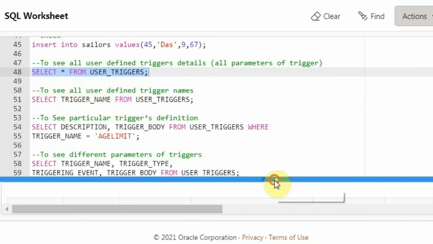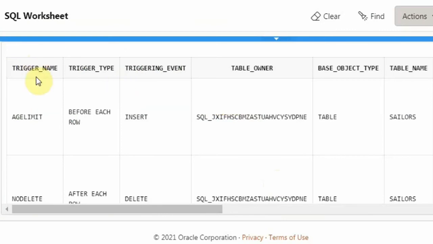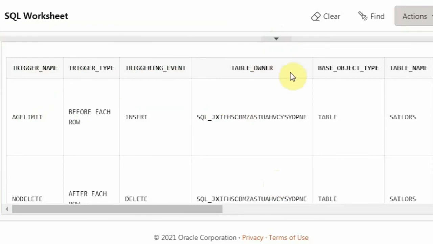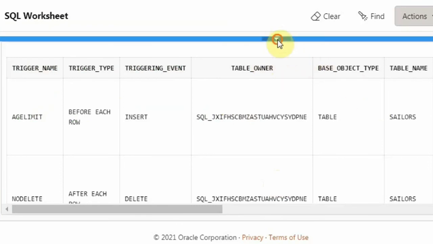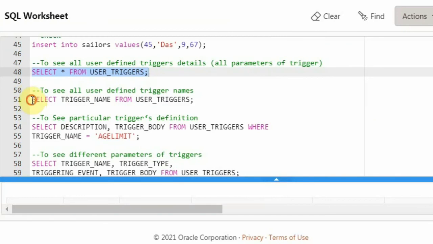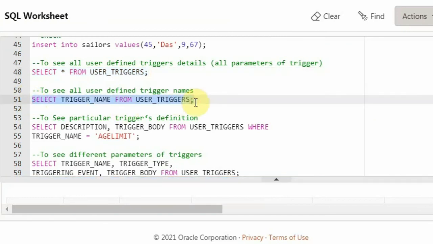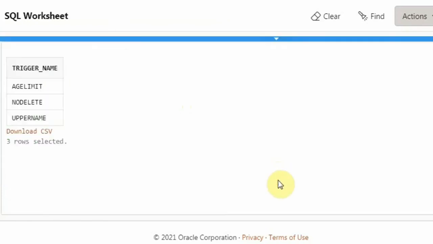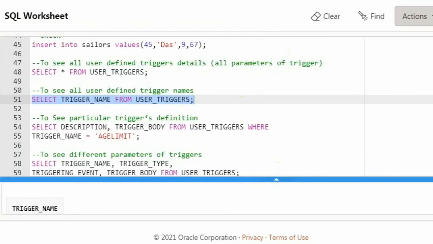So you can see in here, like I just want the name of the trigger. So there is one column here which is trigger name. So you can simply, whatever you want, you can project from this particular table. So I'm just saying select trigger name from user triggers. Okay, so I'll be getting only the names. So if you just want to drop them and want to know what are the names of the triggers, you can just project only the trigger name.